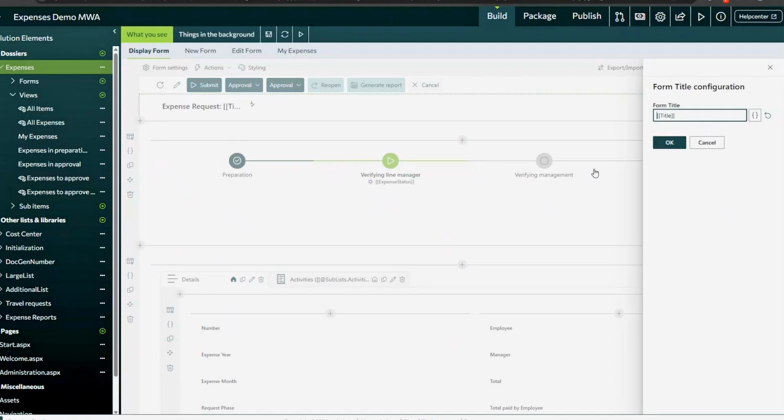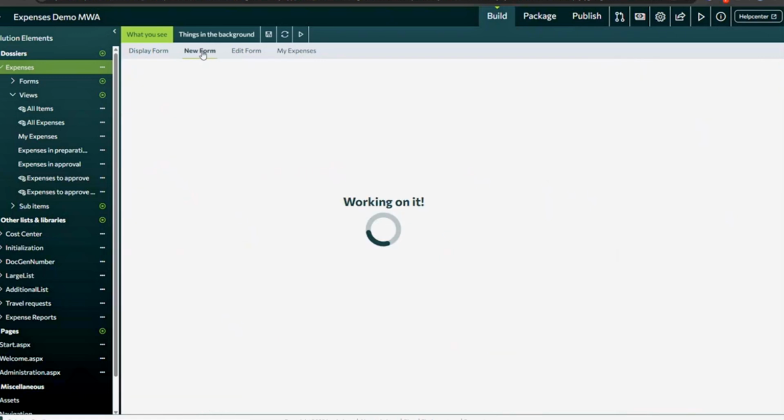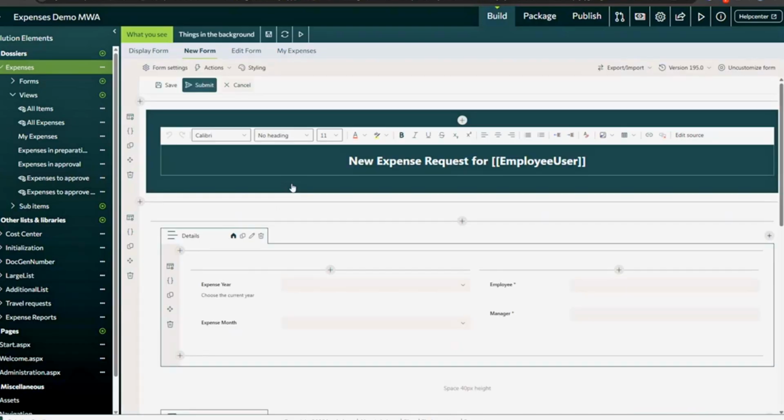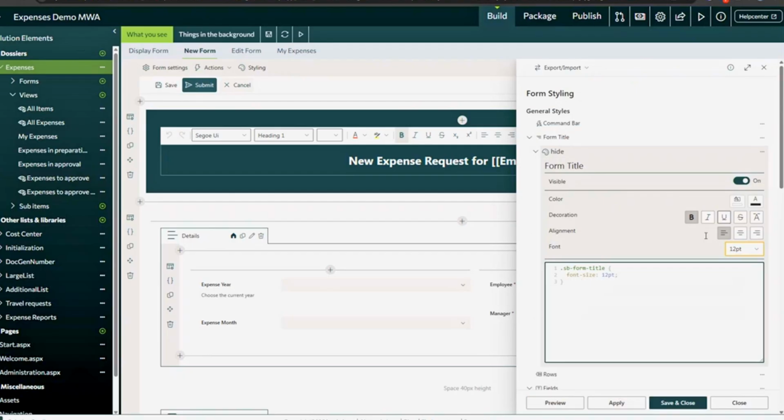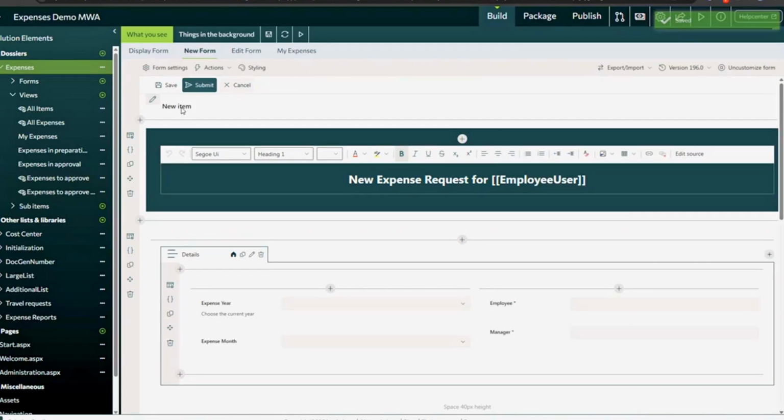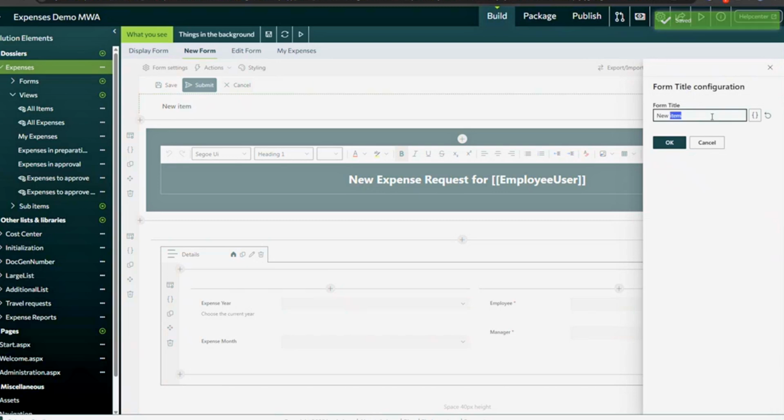But you can now, for example, put something in front of it, like a prefix. And also on the new form, there are two ways here. I still have the old way implemented, like adding a text box for my title, and the original title is hidden. But we could also do that instead of hiding it. We could also double click it, and again here say new